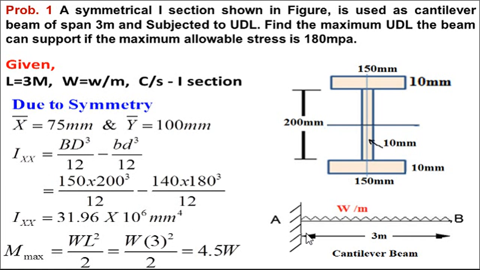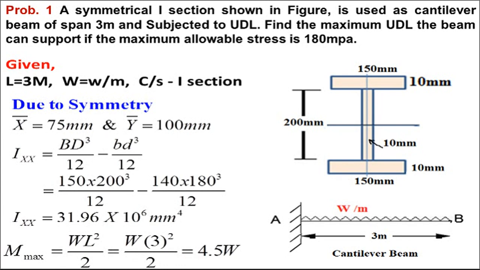Now for the cantilever beam, you can calculate the maximum bending moment M max. How to calculate that? You have to take moment about E. What is the intensity? W over the distance L, means it will be W into L, and it is UDL, so you should take half of the UDL distance. So W into L into L by 2 means it will be WL square by 2. I have directly written the formula. M max is WL square by 2, where W is missing. L is 3 meters, so 3 square by 2, it is 4.5 W.